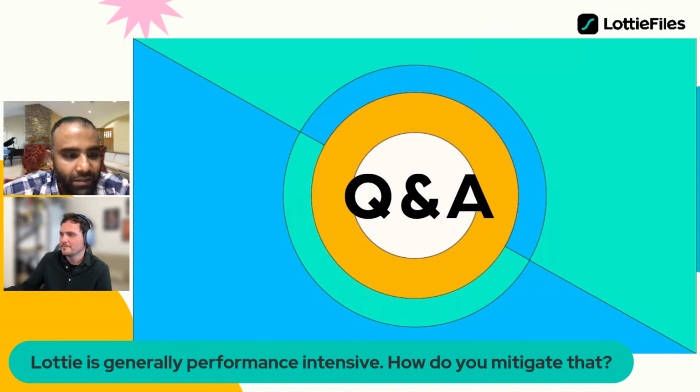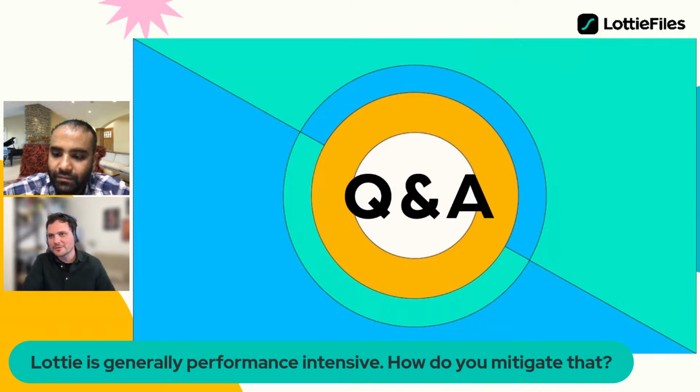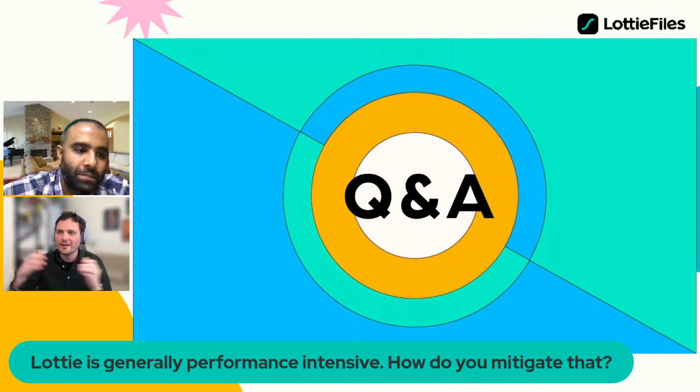Lottie is generally performance intensive. How do you mitigate that? Well, definitely a good question. There are several ways. It is very heavy for the processor for sure. Most of the work has to be done from the design side. The more complex the animation is, the more layers, the longer the duration, or the more images in the animation,